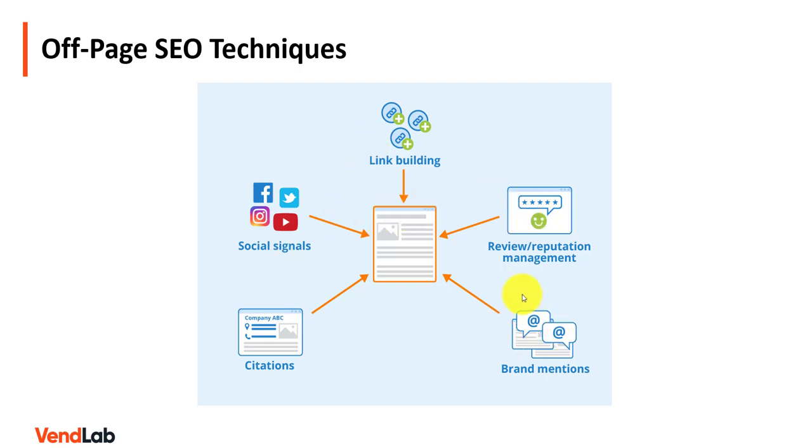Secondly, brand mentions. Mentions of your brand online build site authority even if they do not directly link to your site. These mentions have more weight if they are from high authority sites, for example, major news sites or Wikipedia, or from experts, for example, professional bodies or government sites. Ways to increase brand mentions include appearing on podcasts, so talk to podcasts in your industry and get them to interview you, and they will mention your brand and probably link to you as well.